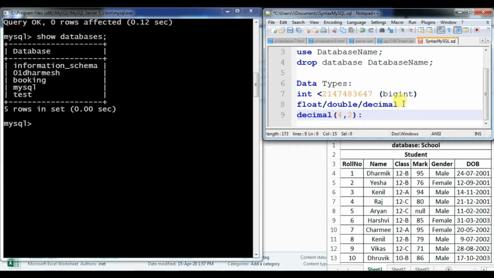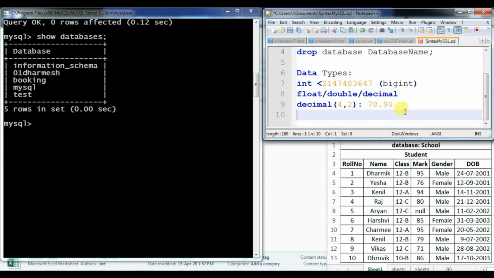What does it mean? This first 4 specifies the total number of digits that will be there, like 7890. Now what is this 2 for? It is the total number of decimal places after the decimal point. So if you want to store any fractional value, you can use the decimal format and in brackets specify the numbers as per your requirement.